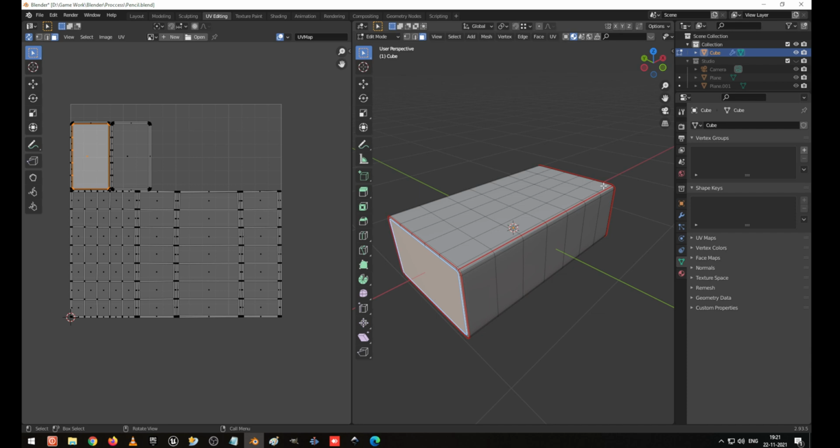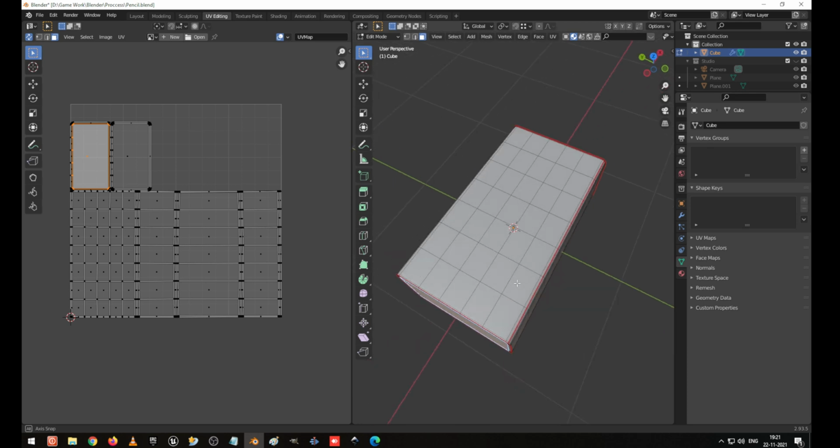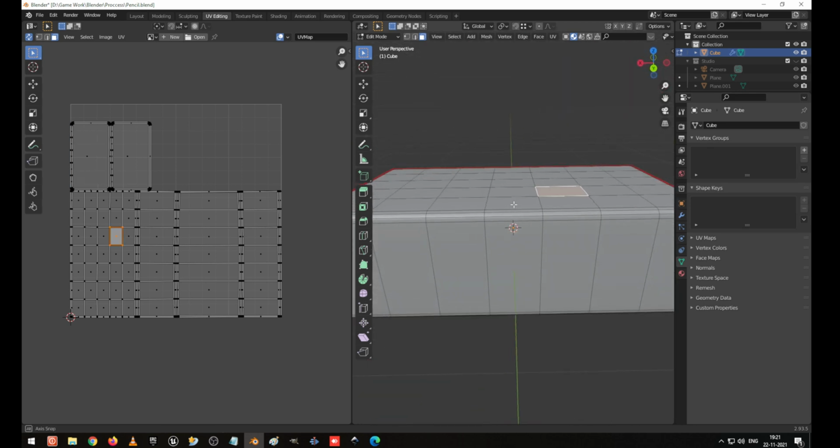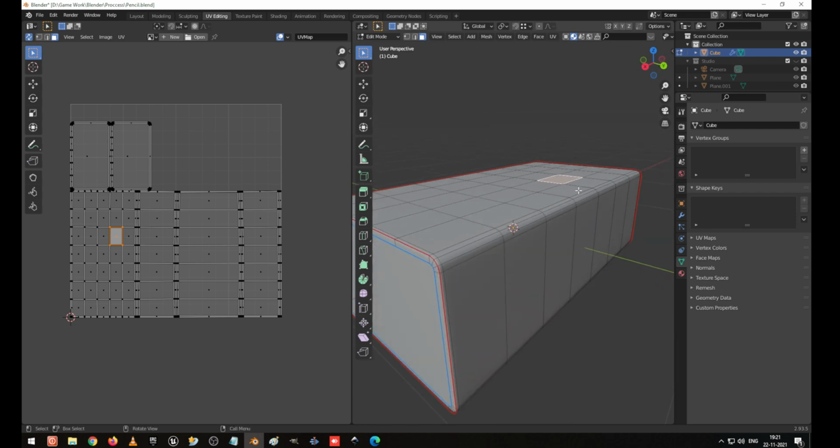The second thing we can do is unwrap everything automatically. That is also one more option. But this is the best way to understand everything fine. Right. Here, I am going to do one thing. This one I am going to make separate, because I am going to give texturing for this front.